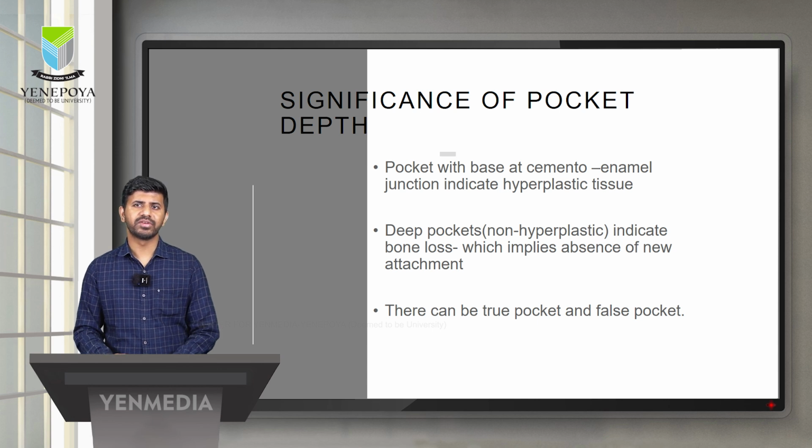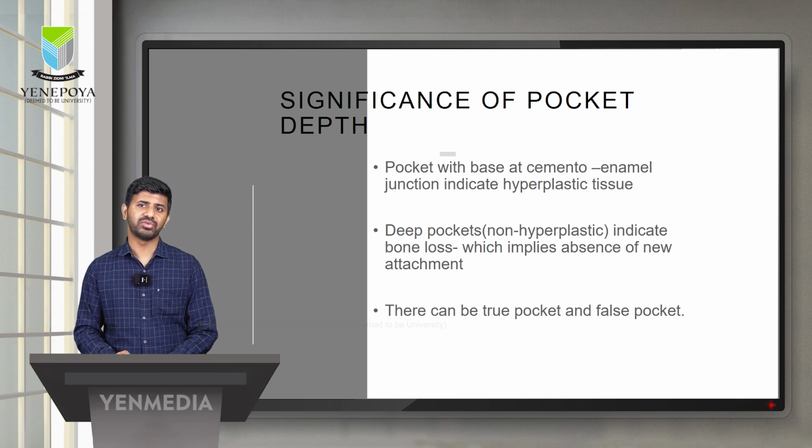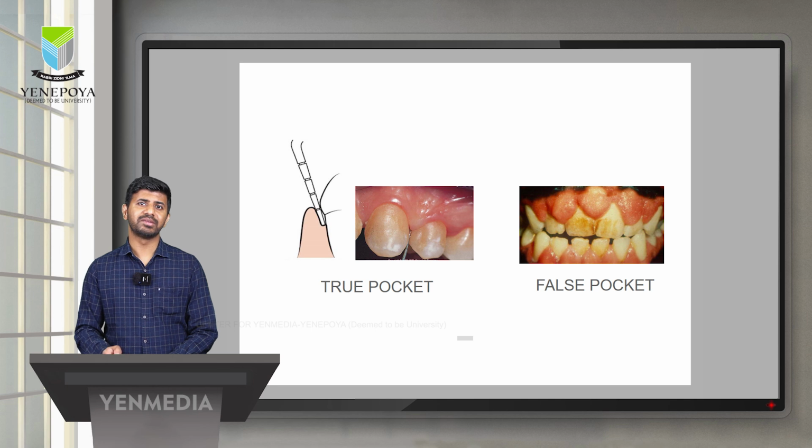So what's the significance of this pocket? A pocket with the base at the cemento-enamel junction indicates hyperplastic tissues. There are two types of pocket: a false pocket and a true pocket. Here, if I take a periodontal probe and walk it across, we can get to know whether this is healthy tissue. If the probe enters inward beyond 2 to 3 millimeter, it is referred to as a true pocket,